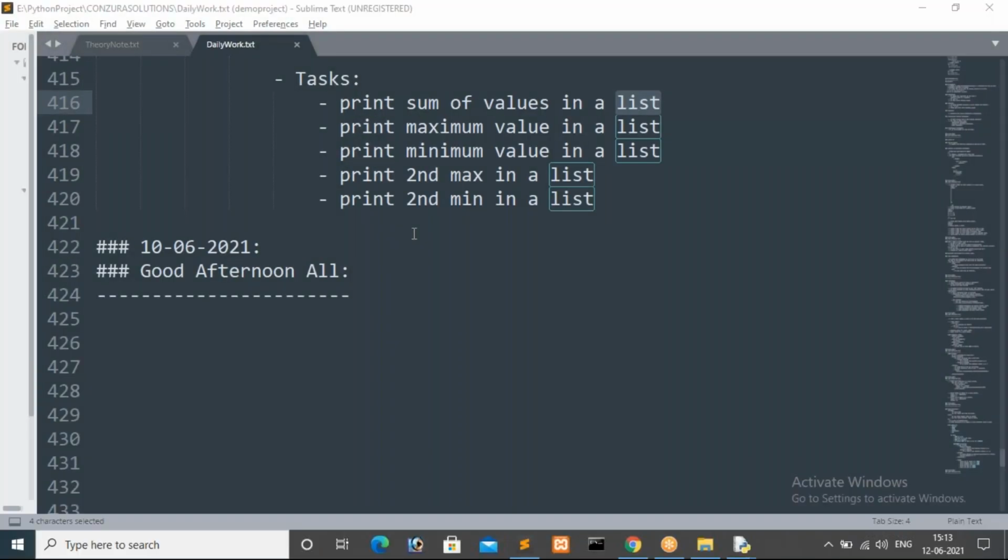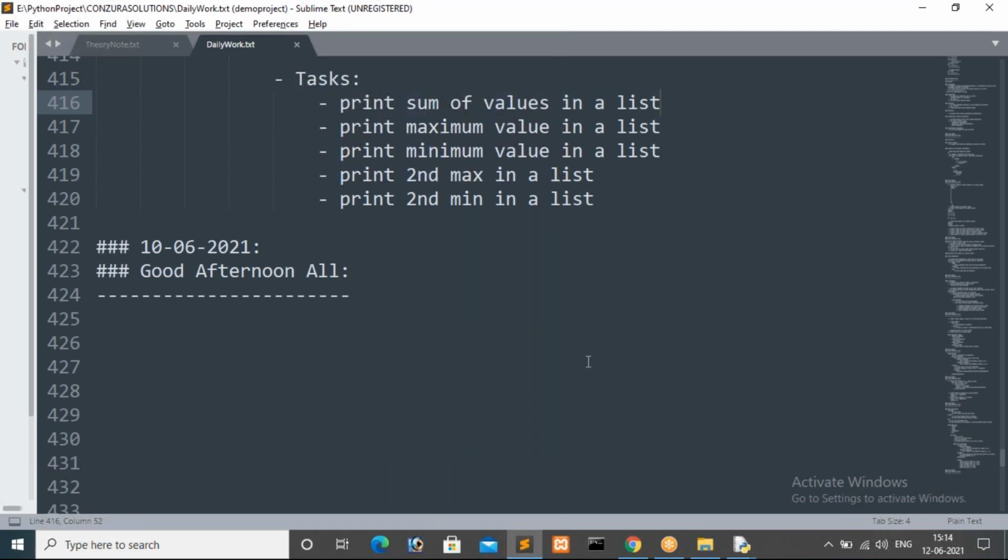Now it will be recorded. Actually, you don't know how to read a dynamic list, right? You know how to read a string, how to read a float value, but you don't know how to read the list concept. I will explain how to read a list dynamically after these five segments.